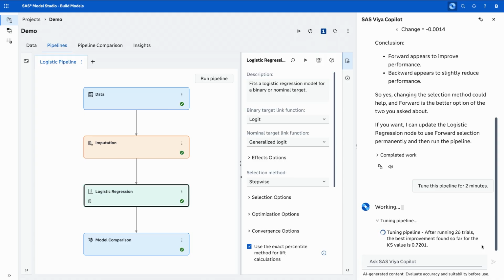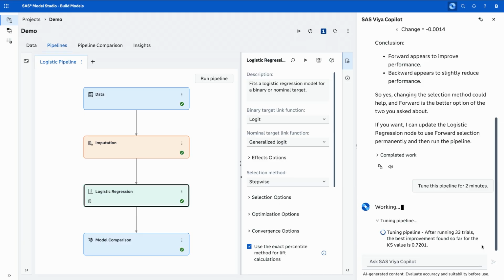Now, when it does come back, like I mentioned, it will not only tell me individual changes I could make to the existing nodes, it will also potentially tell me other nodes that I can insert into my pipeline. And this is very helpful because even those nodes, it will tell me the specific values that I should set on them to actually achieve the value that it is reporting down here at the bottom. So it's not just add a replacement node, it's add a replacement node with these 3 properties. So it's already done all the work in the background to build all of that knowledge for us.